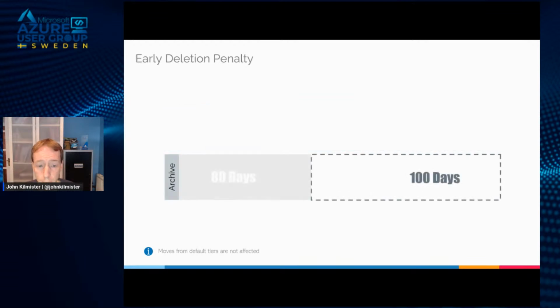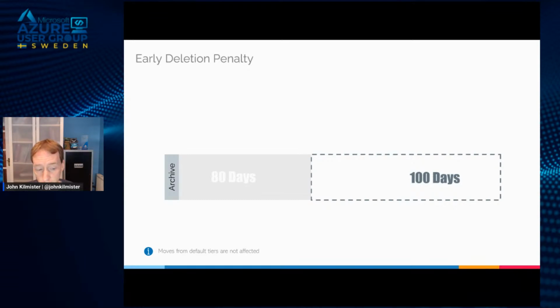The same is true and probably more relevant with archive. If we decide to archive a file because we've realized it's not going to be used, for example, a long-term backup of a SQL database, we might put that in archive because it's the cheapest way to store it. Now we realize we need to restore our backup. Well, we can't access the file because it's in archive, so we need to rehydrate it, move it out. But only 80 days have passed. Well, you'll still be charged for the full 180 days of that file being in archive, in addition to the new charge of where it's going to go.